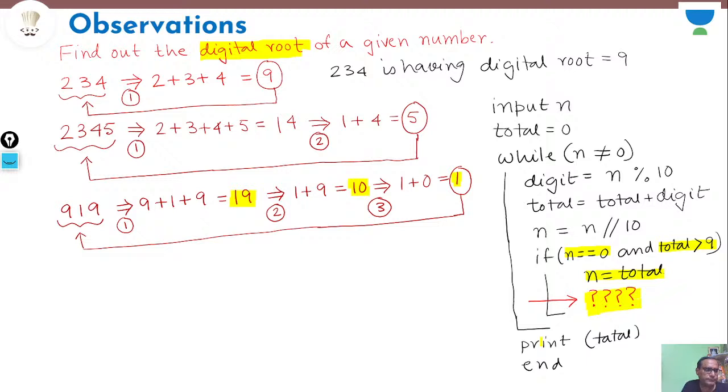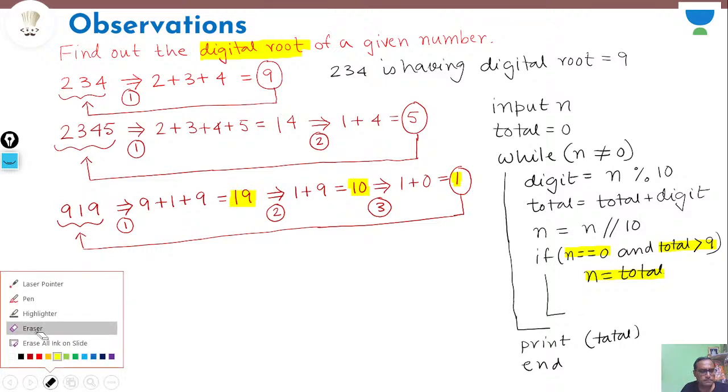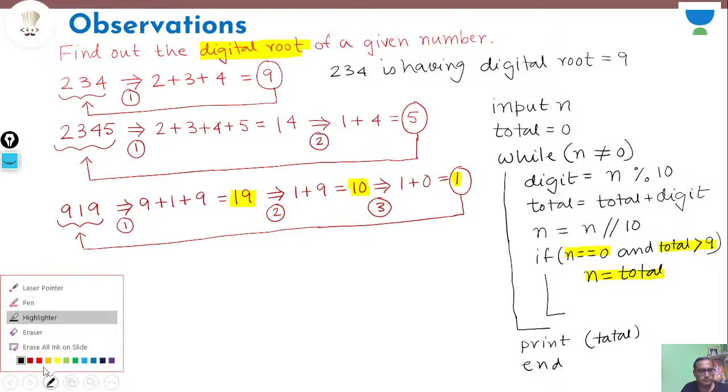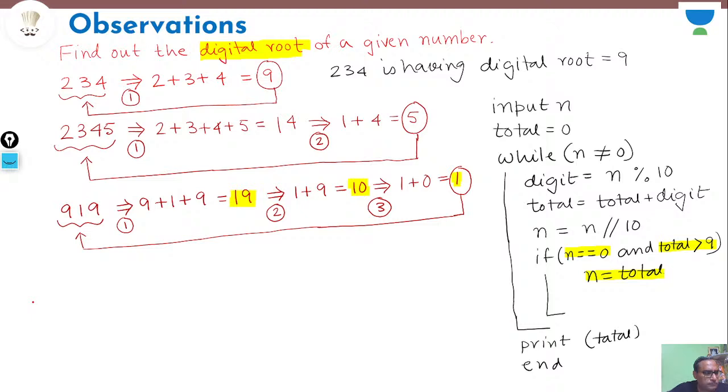Sangappa, Ananya, any idea? We should write here this one. See. No, we should write here